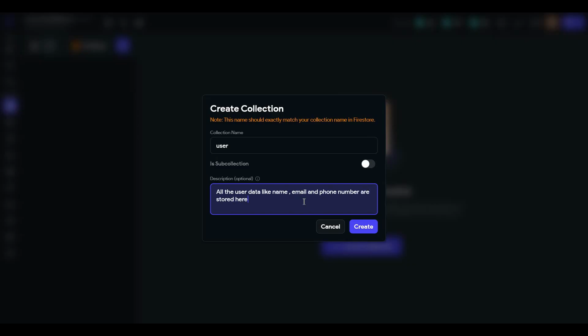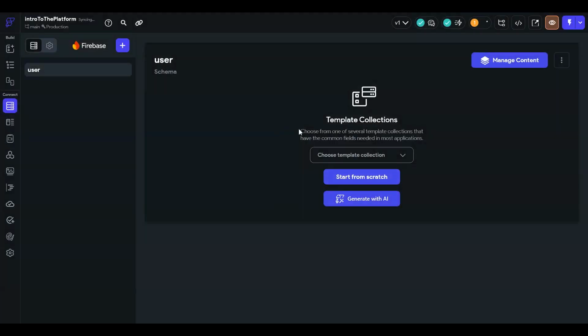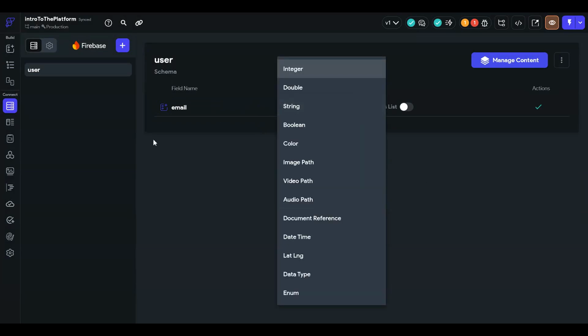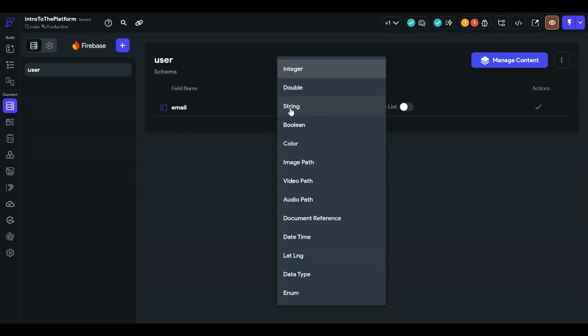Okay, so here we can decide what data a user can have. A user has an email field. Email is a string, so we will make it a string, and it is not a list.